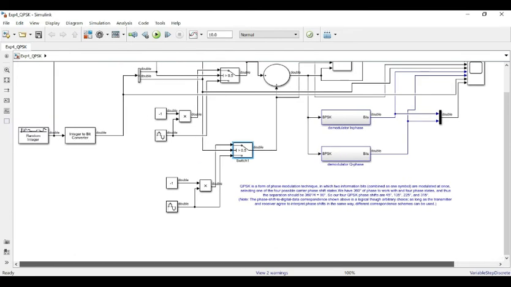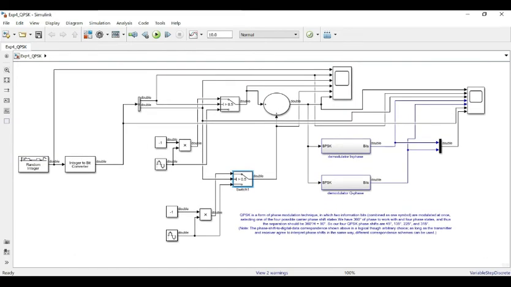What are the blocks that need to be connected so that we can have an input? Before executing this experiment, I should mention that this phase shift to digital data correspondence, what we are using here, assumes that the transmitter and the receiver agree to interpret phase shifts in the same way. That was the concern we are going to take for this.